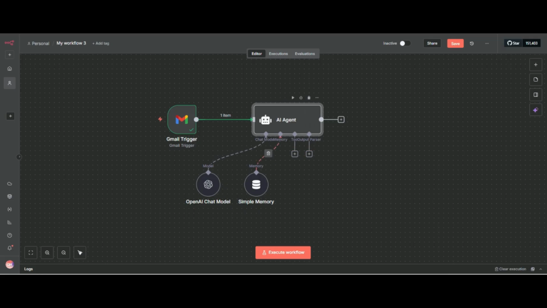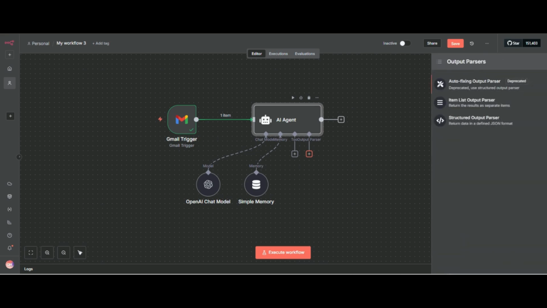There is a chat model option, memory option, and tool. And now there is one more option called output parser. When I click on plus, you can see auto-fixing output parser, item list output parser, and structured output parser. We want a response in two parts, subject and body, so we will use this.